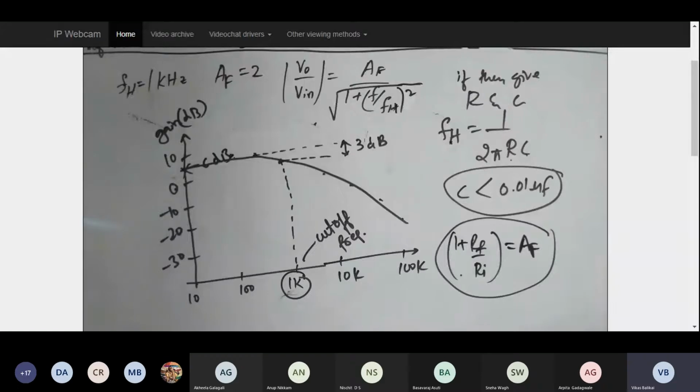Now coming to the most important aspect from your examination point of view. When I say from your examination point of view, it equally means internal assessment as well as external examination.